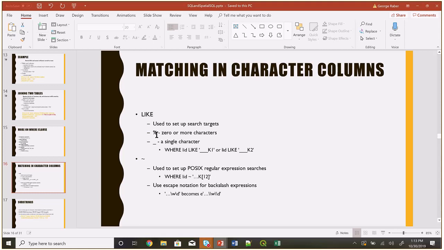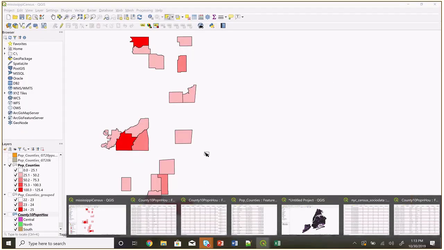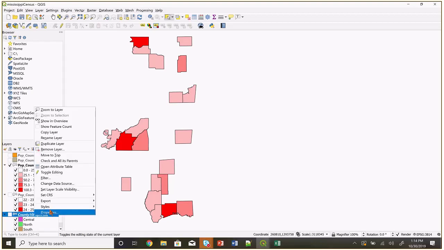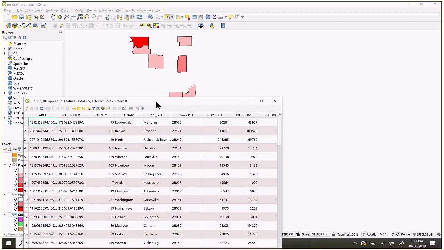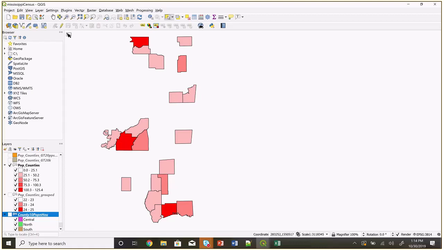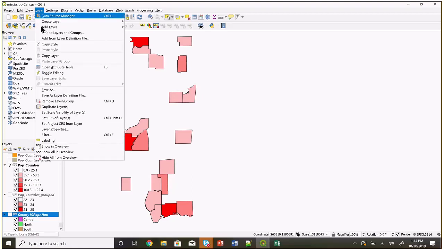You can do this in ArcGIS too. In fact, I don't know if we did it in this class or I did it in my other class, but we did it, I think, within the last 2 weeks. We used the like operator. Here I can go back. Let's see. Yeah, this is still open. So here's my population. Let's see what attributes I have. Oh yeah, I think it was my other class. So here's county name. So if I wanted all the counties that started with a certain letter, I could do that. So I could go to my